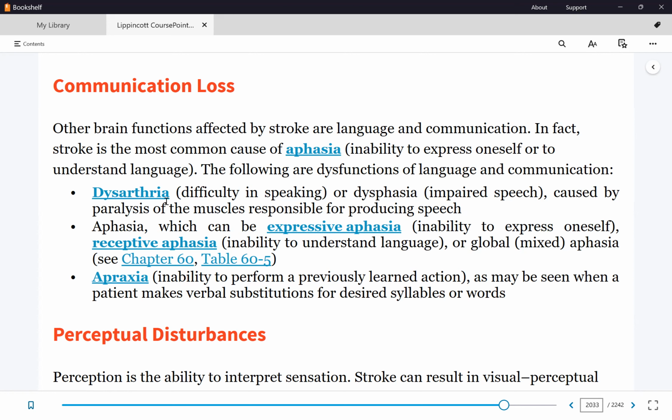Now, aphasia is different. Aphasia is a brain issue, meaning nothing's wrong with their motor speech. They can talk, they just cannot form the words. Now, there are two types of aphasia. Either expressive, meaning they cannot come up with a coherent idea. Okay, something else comes out. So some patients will say, and oftentimes they can be defensive here when you ask them,